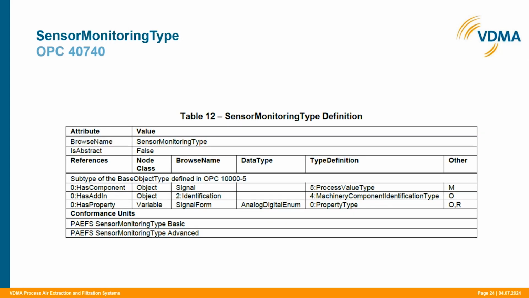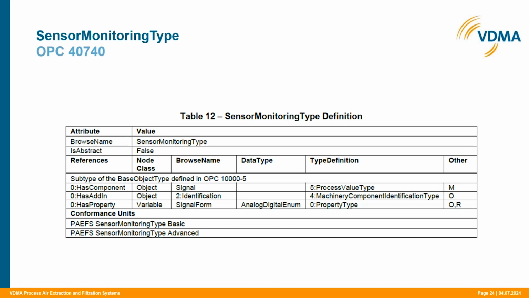And for this, we use, first of all, the sensor monitoring type as a base type. And the main component or the main object for this is the process value type that I'll be showing in a minute. And we also added a way that this monitoring may be conducted in a digital or an analog way,